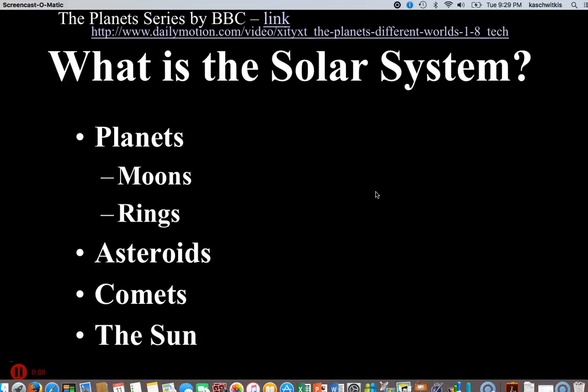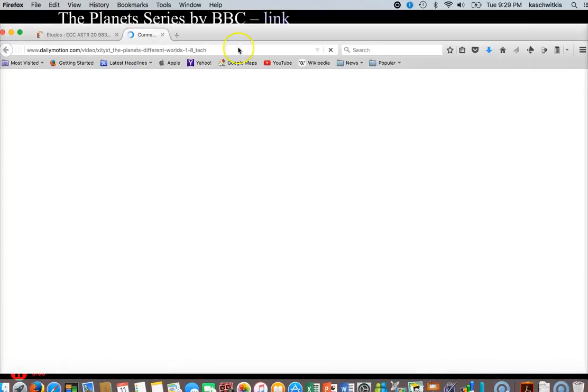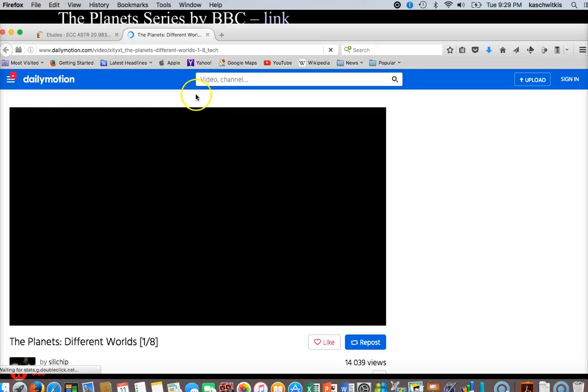We've just spoken about various things in the solar system, as indicated in this chart, what the solar system is sort of coarsely made out of. And part of this is I want you to take a look at this link here, particularly, let's actually go to it. This is a link for the Planet series by the BBC, and this is something I would like you to look at. So you just click on the link,